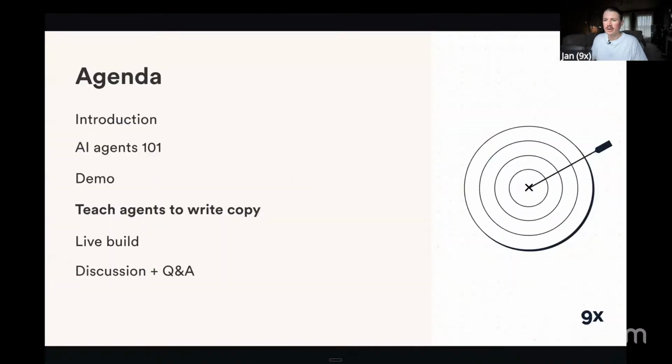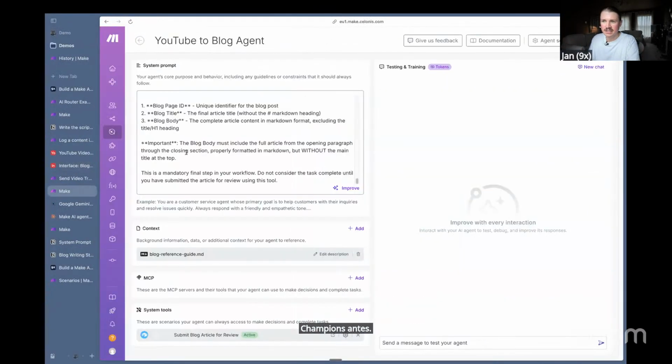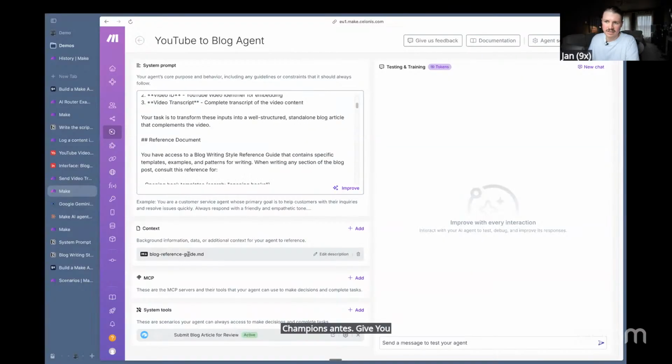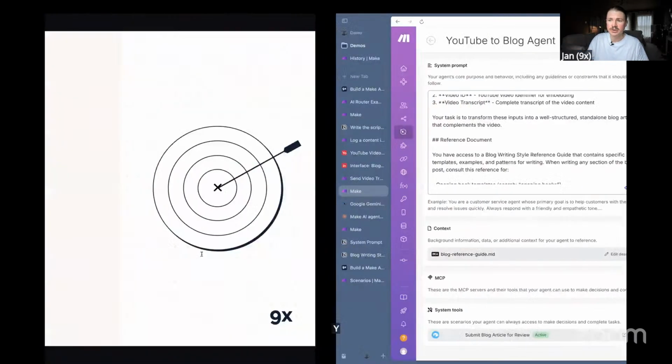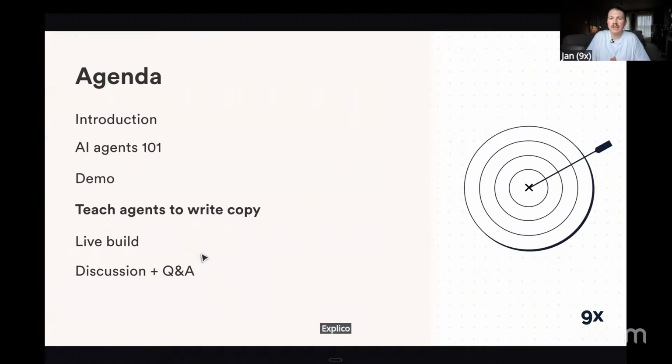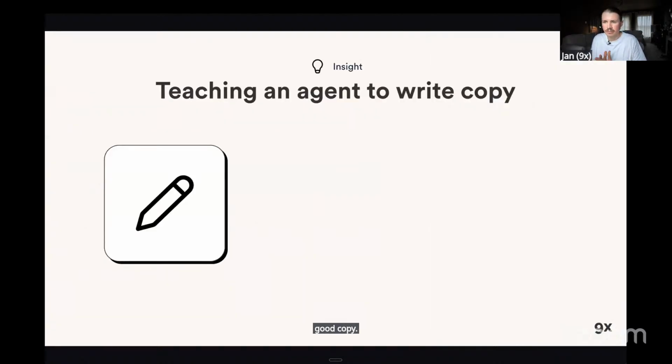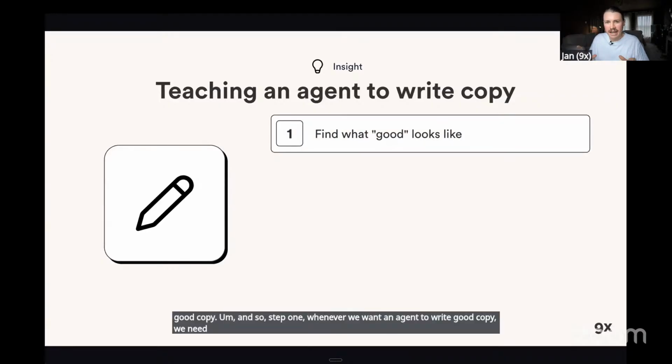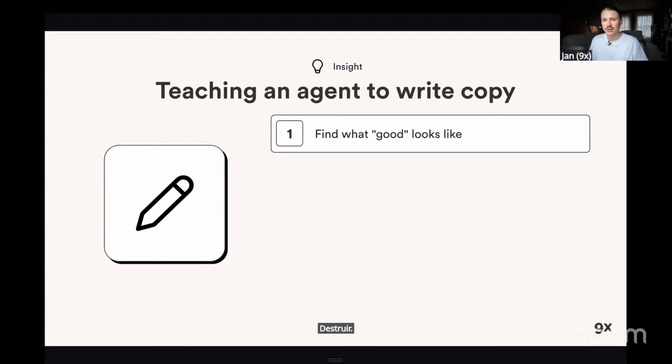Now, what I want to do is, rather than just jumping into the live build and giving you this system prompt that I have here, as well as this blog reference markdown, which is what I would typically do in these live sessions, I want to go a little bit into how I actually got there and how we can teach agents to write good copy. And so step one, whenever we want an agent to write good copy, we need to find out what good looks like. So what are good examples of blog articles that match YouTube videos that we can use and train